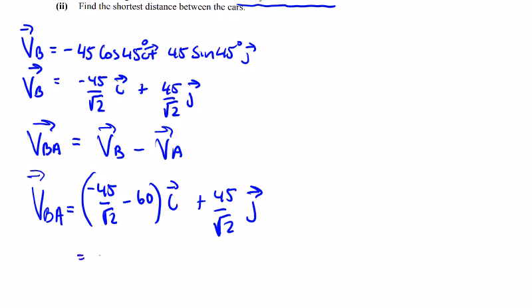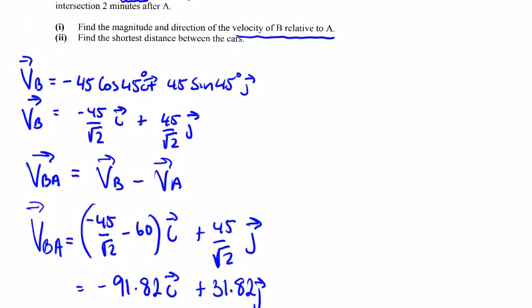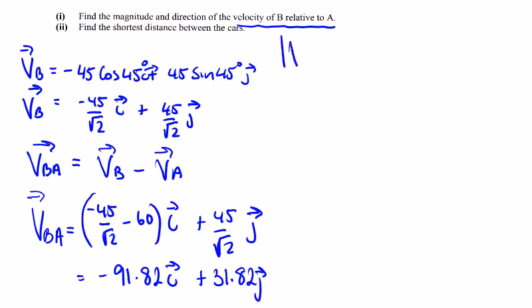And this is minus 91.82 in the I direction, plus 31.82 in the J direction. I'll just jump back up here to magnitude. So the magnitude of the velocity of B relative to A is the square root of